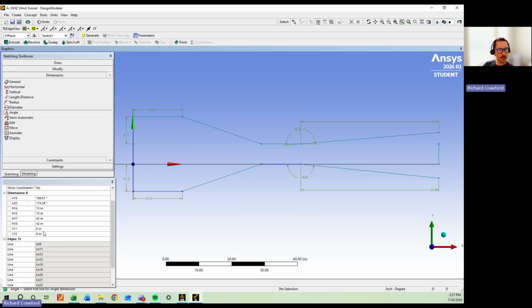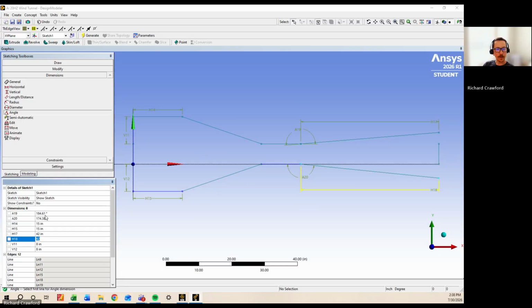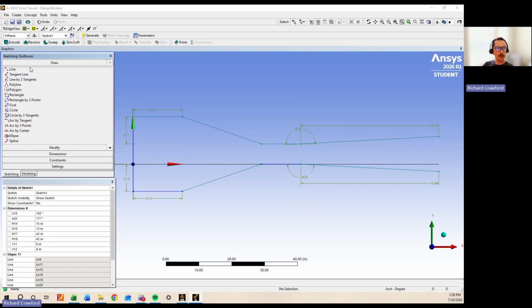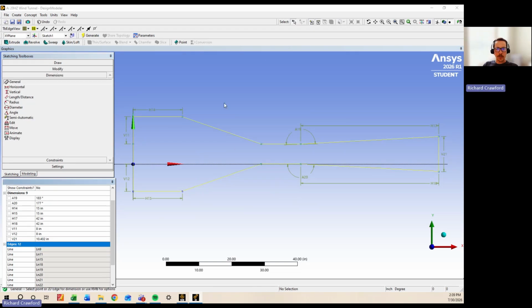Okay, so horizontal 17 should be 42 inches. Horizontal 18 is 42 inches. 3 degrees above 180. And 3 degrees below 180. Then we can delete this and draw a line to connect the dots. So now we have